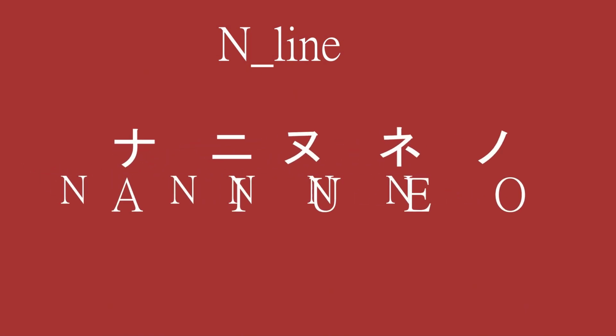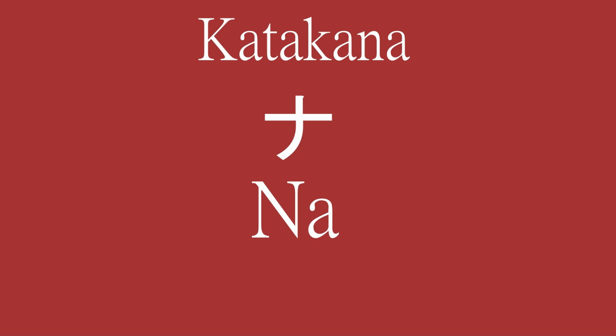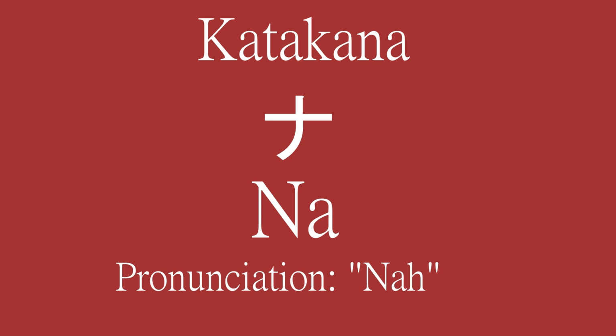If you take vowels and add N at the front of them, you will get the N line. The N line has some stylish and flowing characters. な、な、 The pronunciation of the character na in Japanese is something like the combination of NAH in English. Let's see how to write it. Draw a horizontal line at the top. Draw a vertical line through the center.